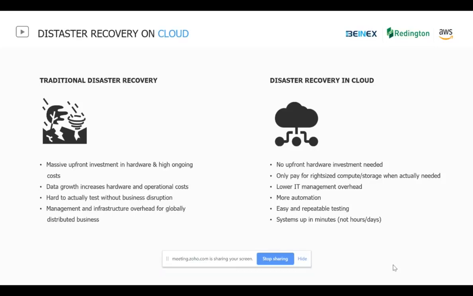And there is lower IT management as well. You don't have to have a lot of teams working in tandem, because an administrator who is good with AWS can manage just about everything, be it storage or network, and you can provide specific user roles as well.